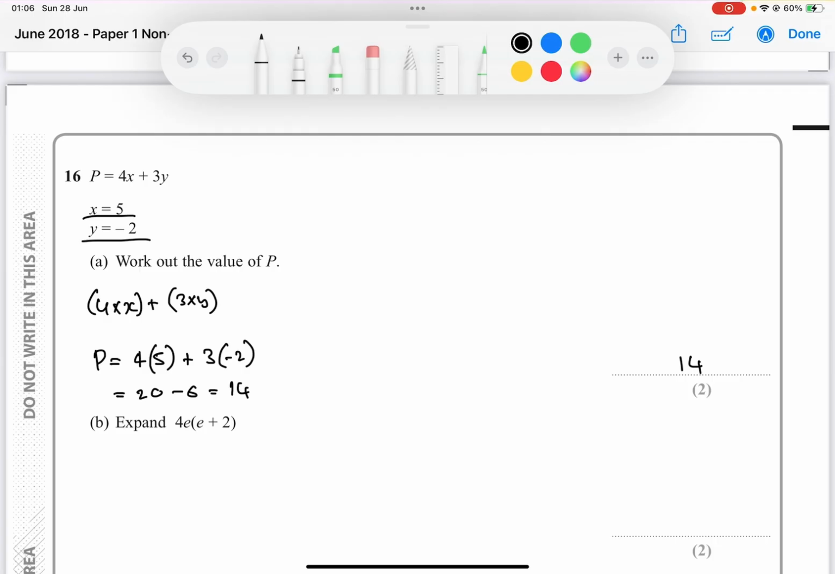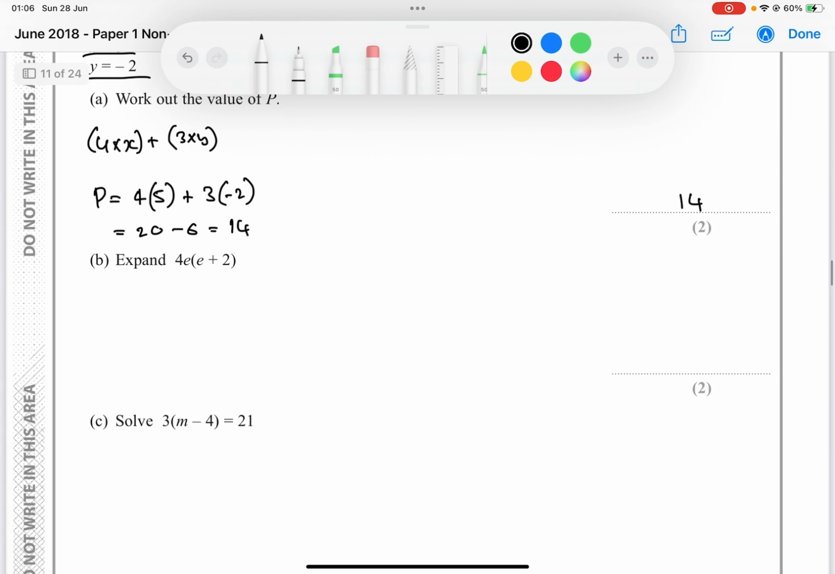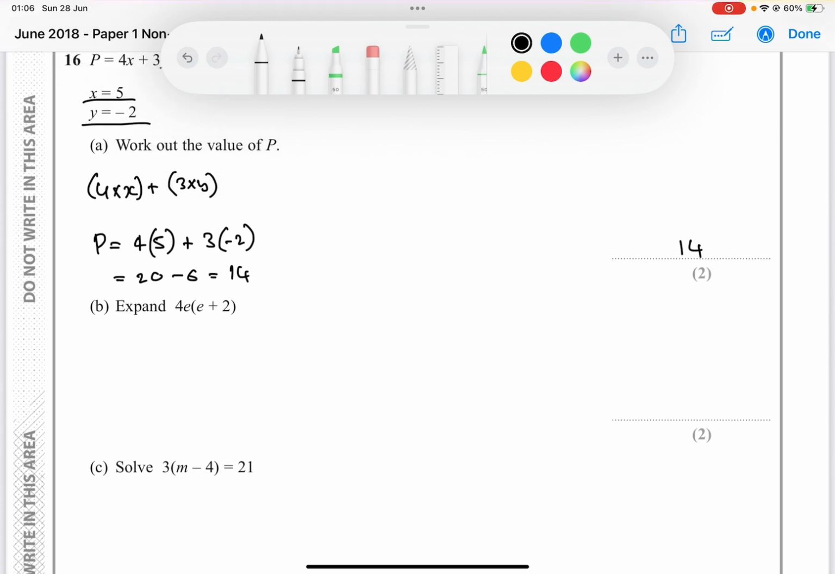Part B says expand 4e, open bracket, e plus 2, close bracket. Now you're multiplying all the outside terms with the inside terms when you're expanding. Remember, when you expand, you're getting rid of the brackets. When you factorize, you're introducing brackets. So when we expand, we're multiplying everything that's outside with everything that's inside. So we do